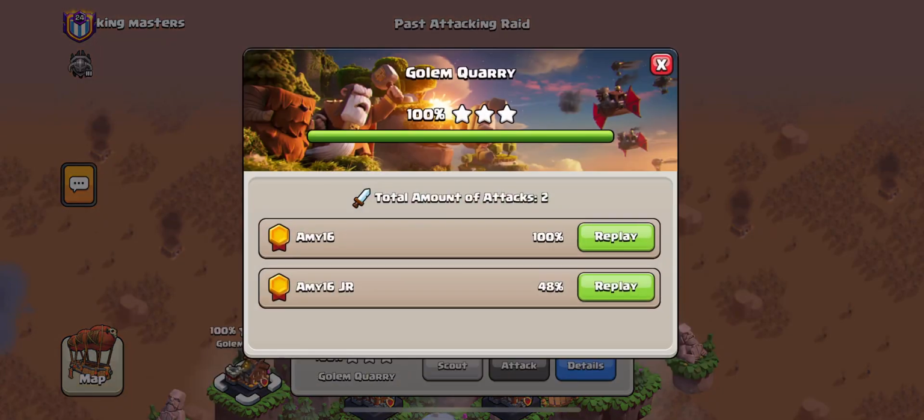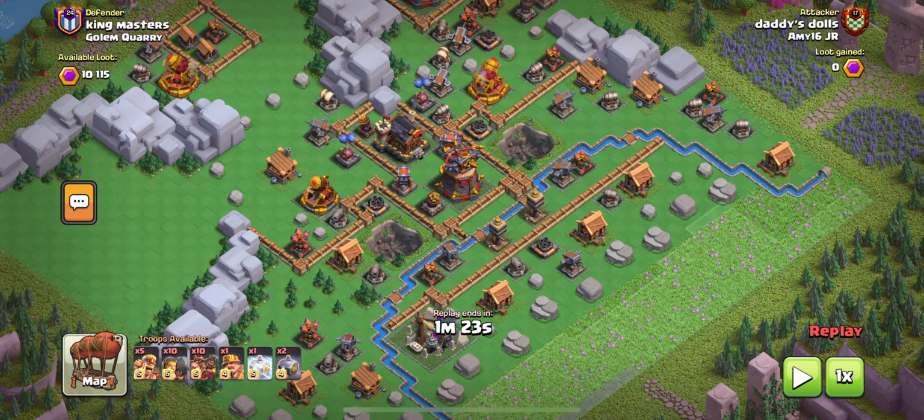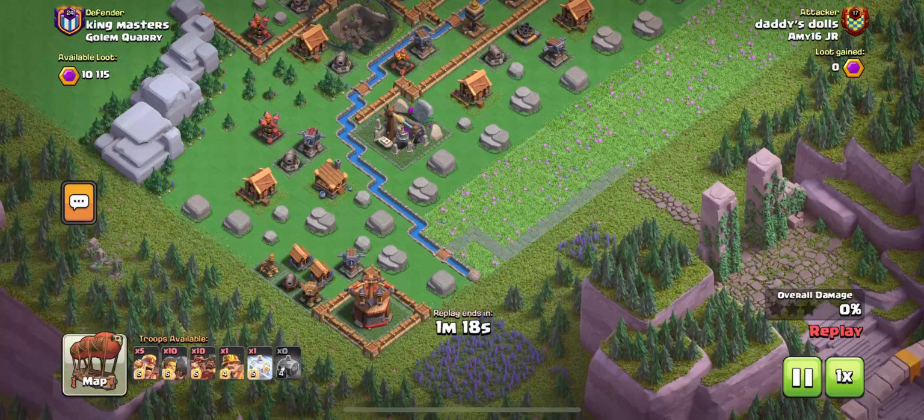Next one is Golem Quarry. Another district that I like to change things up on. Here I bring the frost spell with the 2 graveyards, 10 hogs, 10 battle rams, 5 barbarians. This is an attack from old that used to be used a lot, but it's things that you can